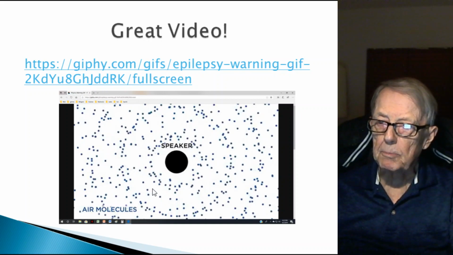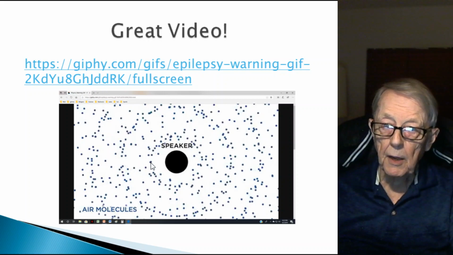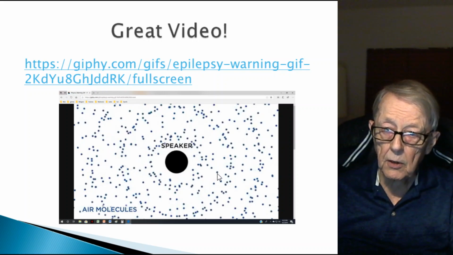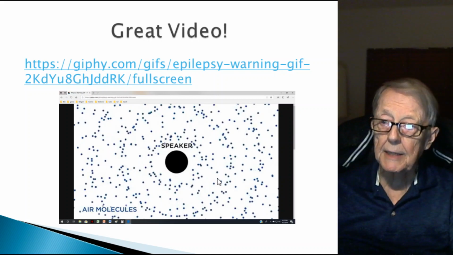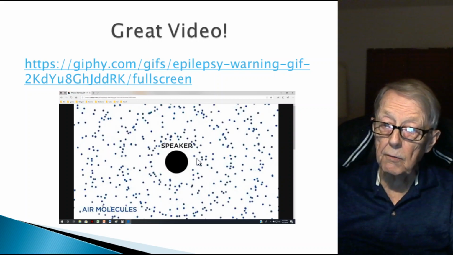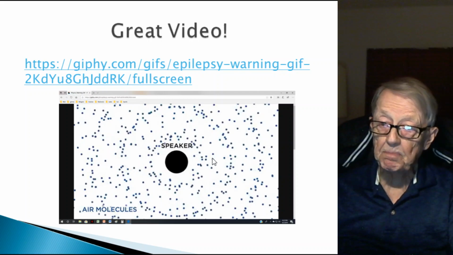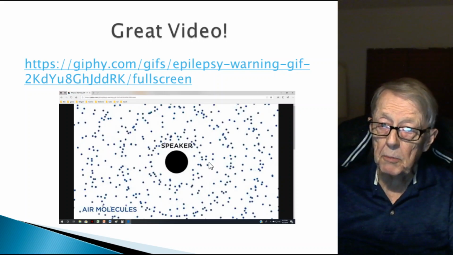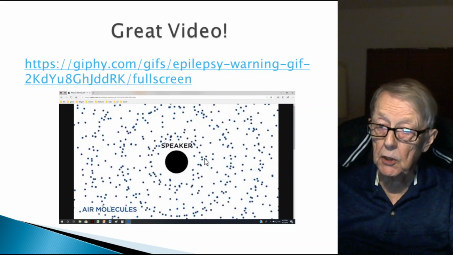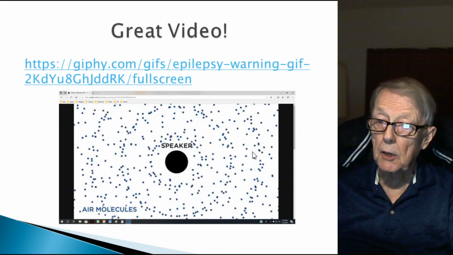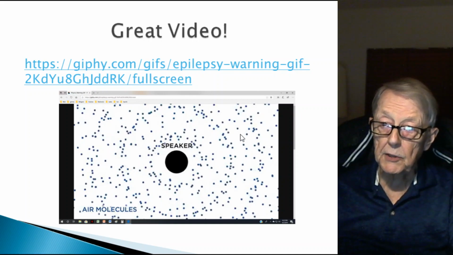But if you look very close at any one dot, get real close to the screen and focus on it, you'll find that it's just moving back and forth, back and forth. Whoever put this together was able to make the dots move back and forth, and yet show these pressure points moving out like a sound wave. Great video. I recommend you watch it.